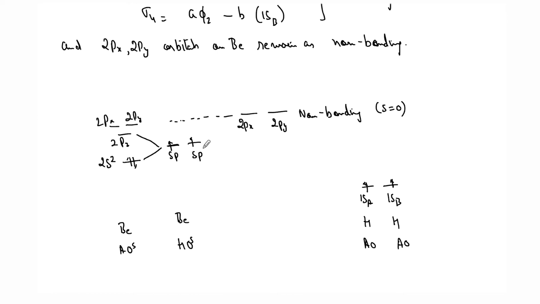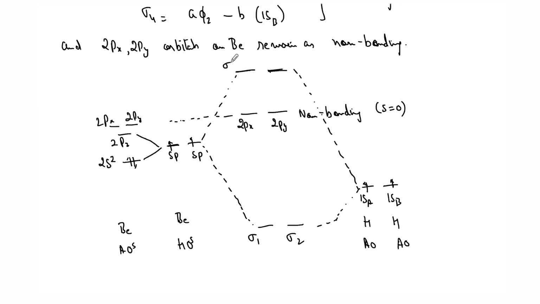Now what is left? So you have to combine these two now because of similar symmetry. So now you have sigma 1, sigma 2 coming from here, sigma 1, sigma 2, and equal destabilization will happen, leading to anti-bonding formation. Well, you cannot predict the absolute energies from group theory, but you can only estimate the relative energies. Also, in this particular case, let me finish this first.